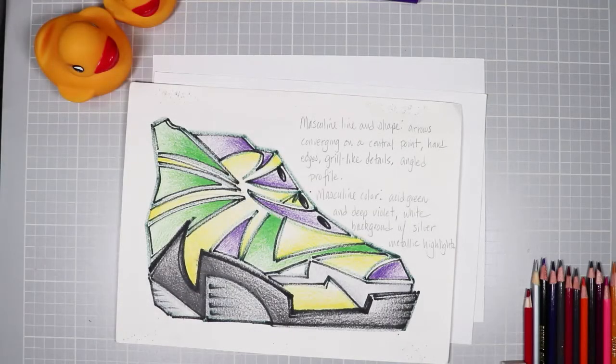Good afternoon. So this will be the second and the final instructional video for your shoe design. I'll start from scratch. I'll start from the very beginning with a blank sheet of paper, but when I begin to add my colors, my pencil colors and my shading, I'll speed up the film to make it easier to get through. Remembering that your job is not only to design the inside of the shoe, like you see this